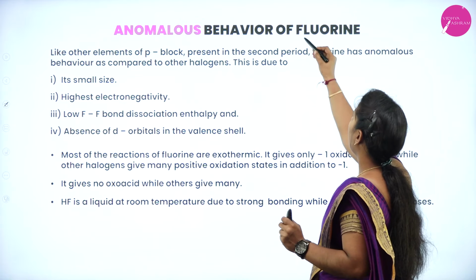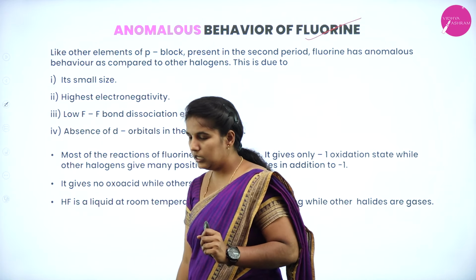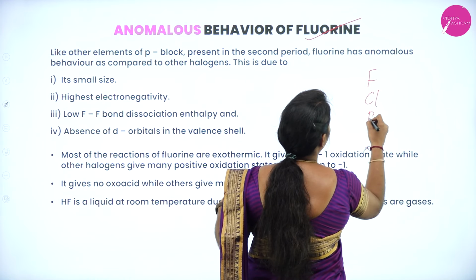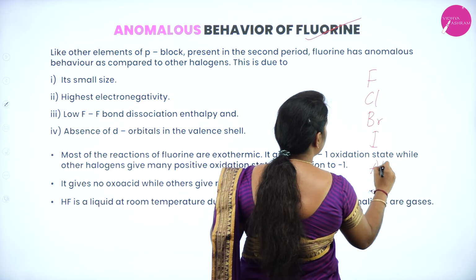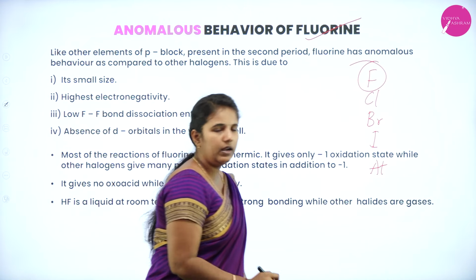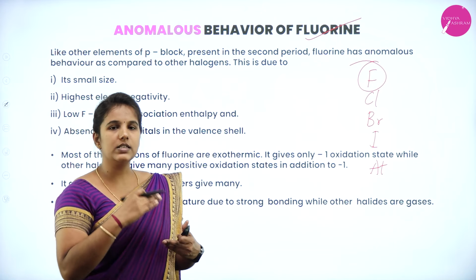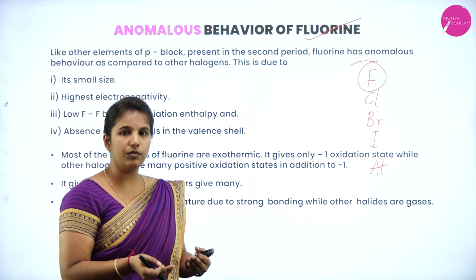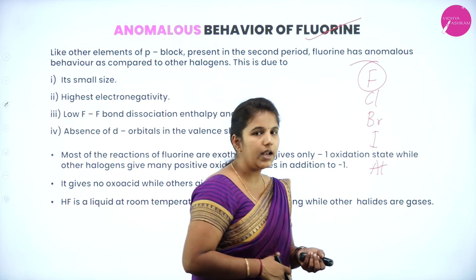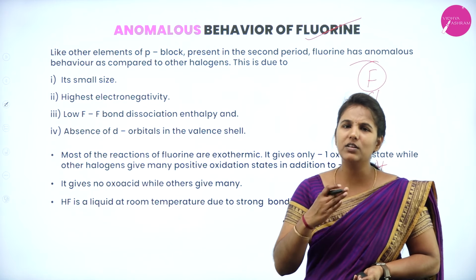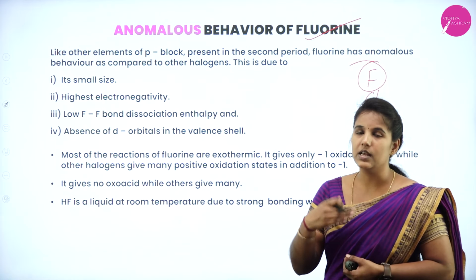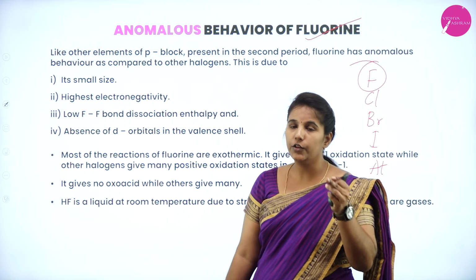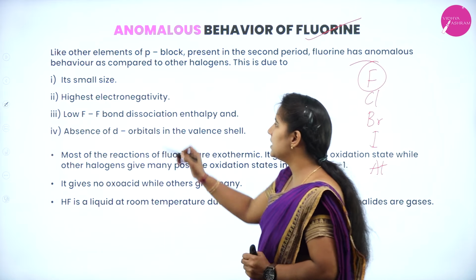Then the last one is the anomalous behavior of fluorine. As we know, the group 17 elements start with fluorine, chlorine, bromine, iodine and astatine. Fluorine is the first element, and obviously we know that the first and second elements of the p block usually differ from the rest of the elements because of some special characteristics, right? So in this group also, fluorine looks different from the rest of the elements, thereby it shows its anomalous behavior. That is mainly because, first, fluorine has a smaller size and it has the highest